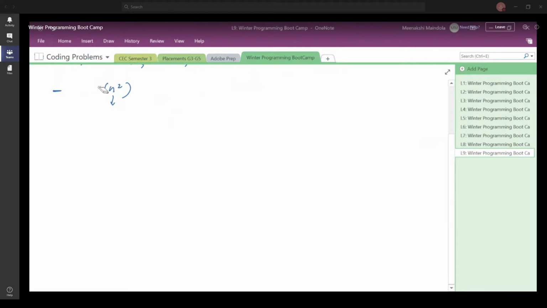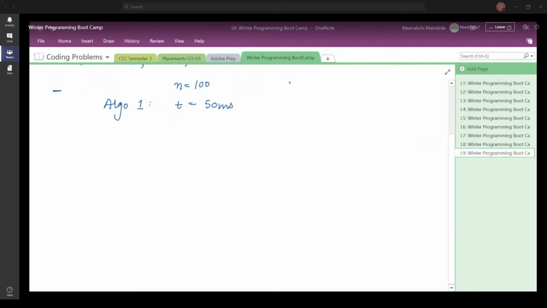So similarly, let us say it has been given to you that there is this first algorithm, which is going to work on n is equal to 100, and it is going to take up a time of 50 milliseconds, let us say.